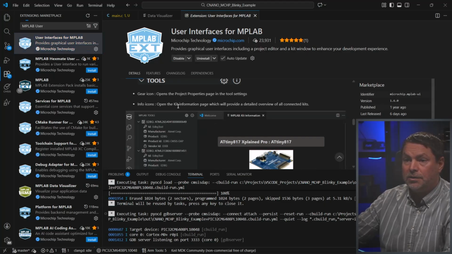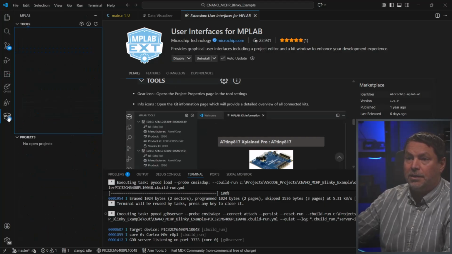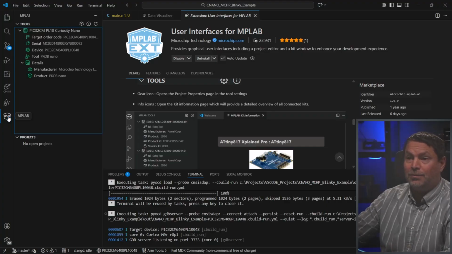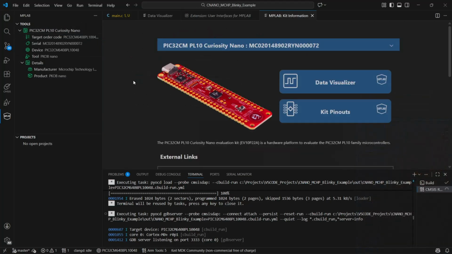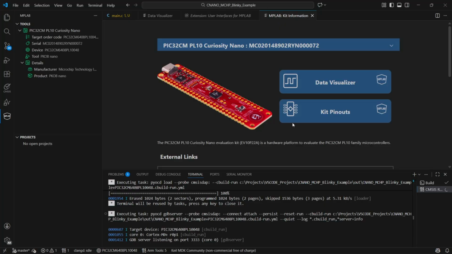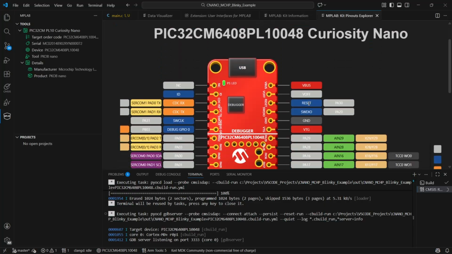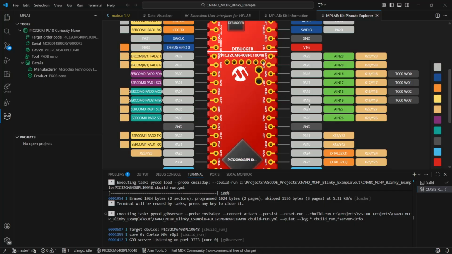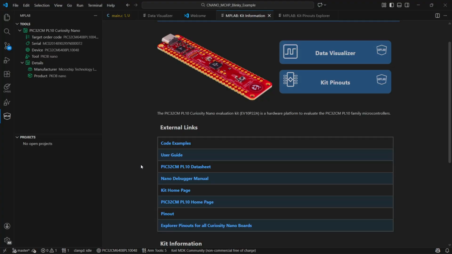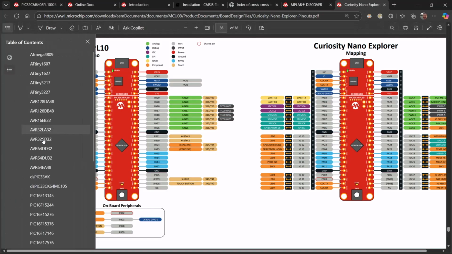So let's install this, and as it installs we immediately get this window here, which if we use MPLAB tools we're quite familiar with. So clicking on the info bar here, we can see, yes, we have a way to open the Data Visualizer directly, and also some Pinouts now available directly here. Also the typical other links. Just going to quickly look at the Explorer Pinouts for all CNANOs. So I'm going to look for the